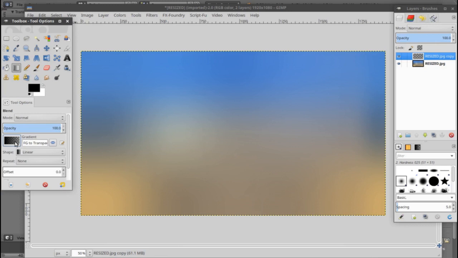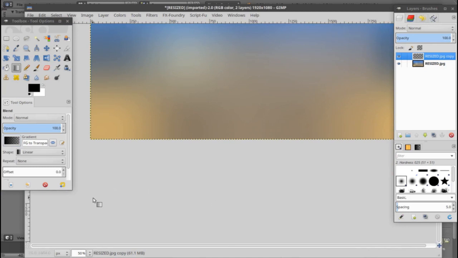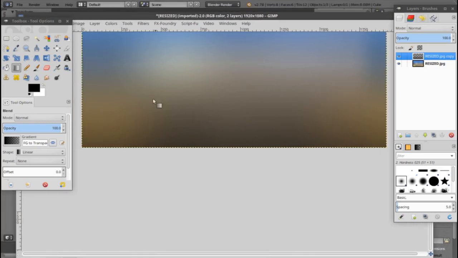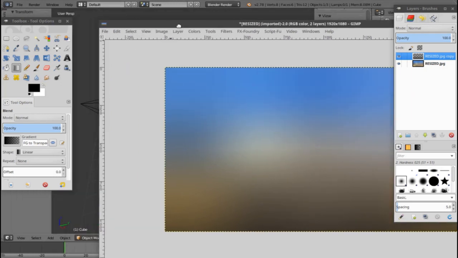So I'm going to use my gradient tool, set it to color to alpha, and we'll move down a little bit. I'm going to start my gradient way down here, and then bring it up to about halfway, about to the horizon line. And I want this to be perfectly straight. So right about there, and we'll draw in this gradient. So this will help out considerably with making the lower tones a little bit darker, so they're not projecting light unnecessarily. So now we'll take our image